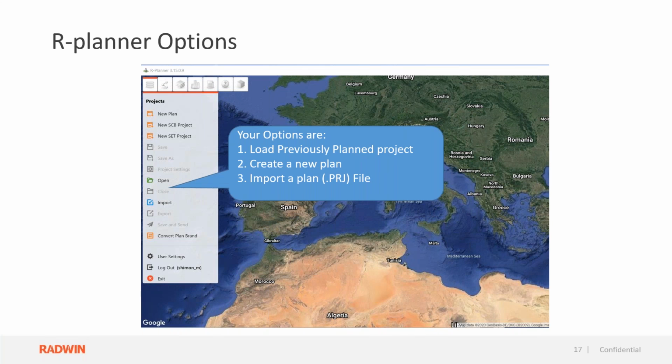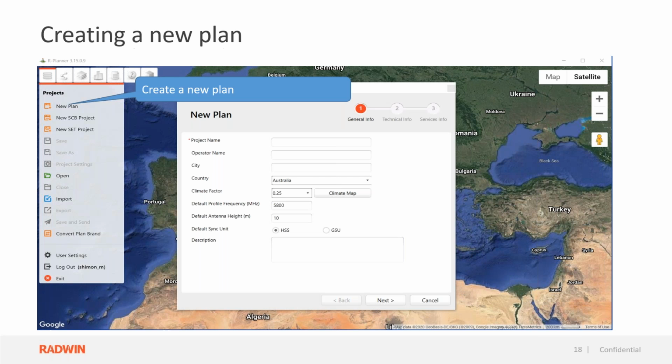So afterwards, I type the credentials. I can load a previously planned project, create a new project, or import a plan, a PRJ file. These are the three options that I have: load a previously planned project, create a new plan, or import a PRJ file. So when I do a new plan,